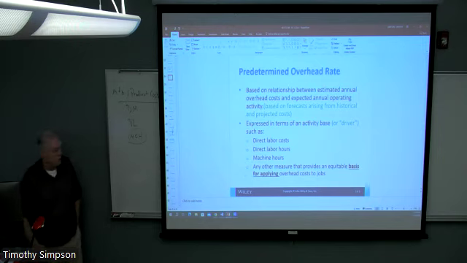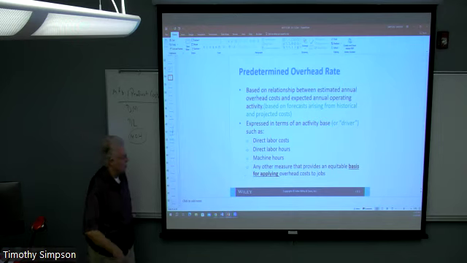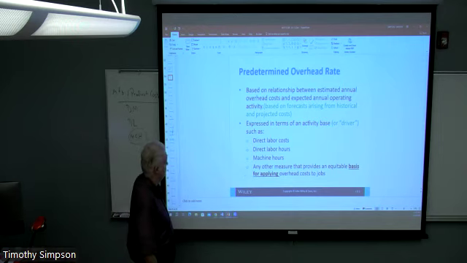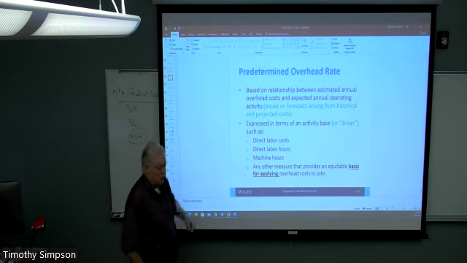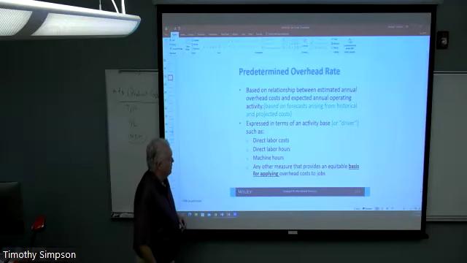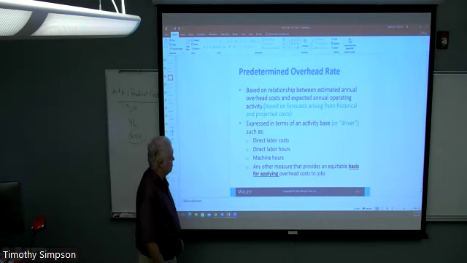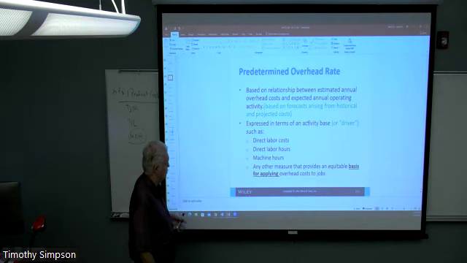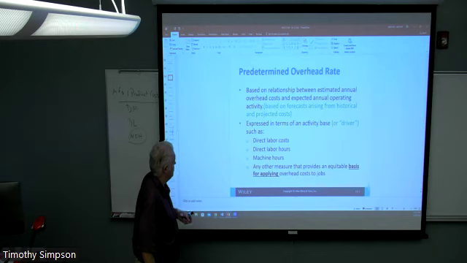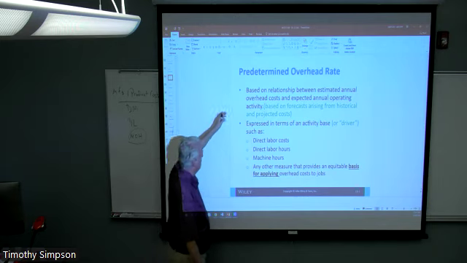Okay, so what do we do in order to take these obscure costs and put them on individual products? We have to establish an overhead rate. And there are a number of different ways of doing it. I'll give you the most basic way here, and it's the way that the textbook presents it. And I think it's really the easiest way to understand how to attach these. Well, I should probably not say the word obscure. Maybe they're not that obscure, but they're indirect. They're kind of hard to grasp onto. How do we apply them?